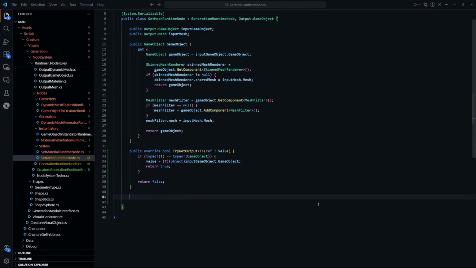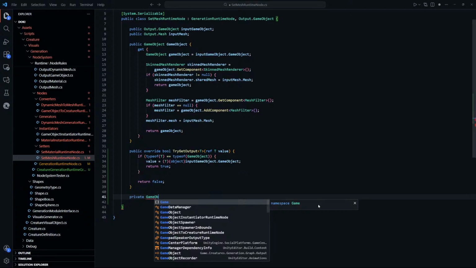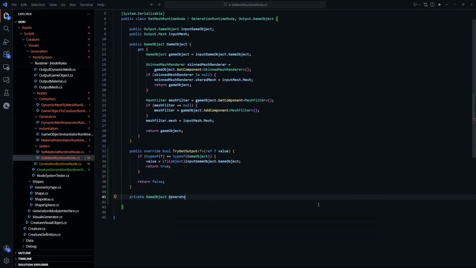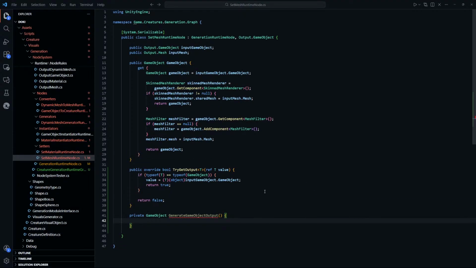And then I think private game object generate game object output. Or maybe just... I want an easy way to figure out what